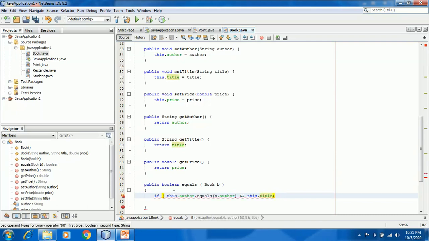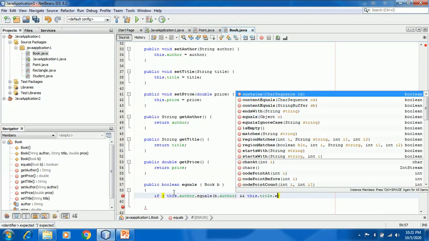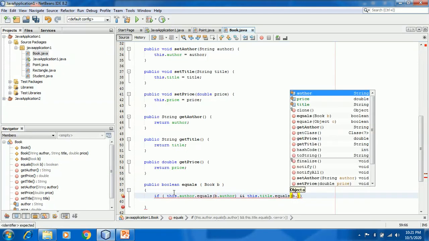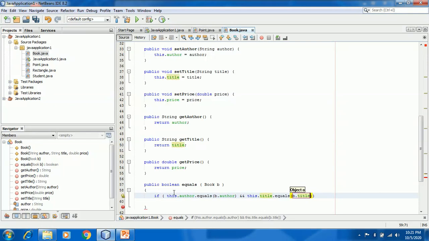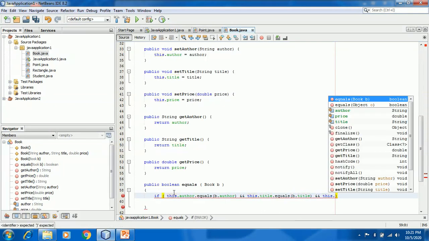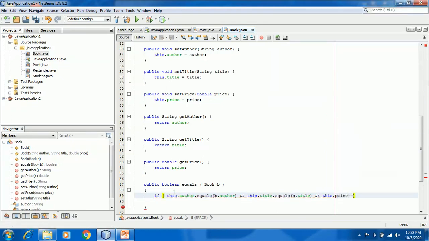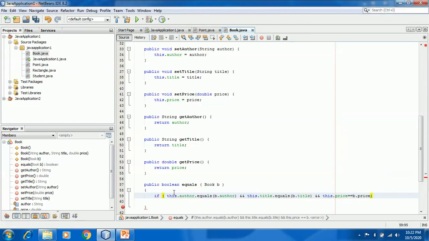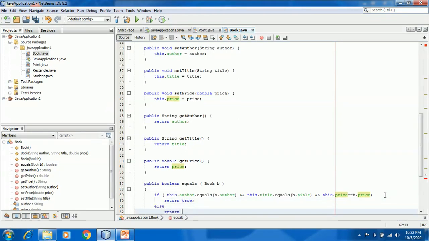Title.equals, and the last value was an integer, so this.price is equal to b.price. If all the data members of the two objects are the same, I will return true, otherwise we can return false.